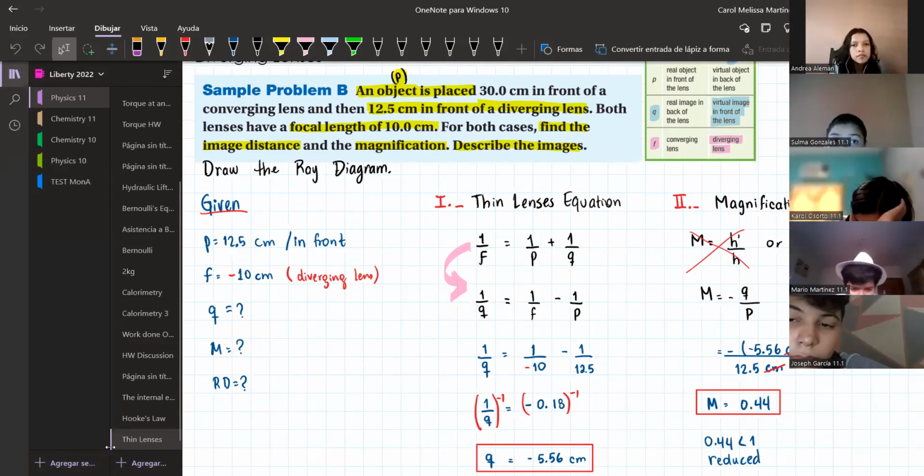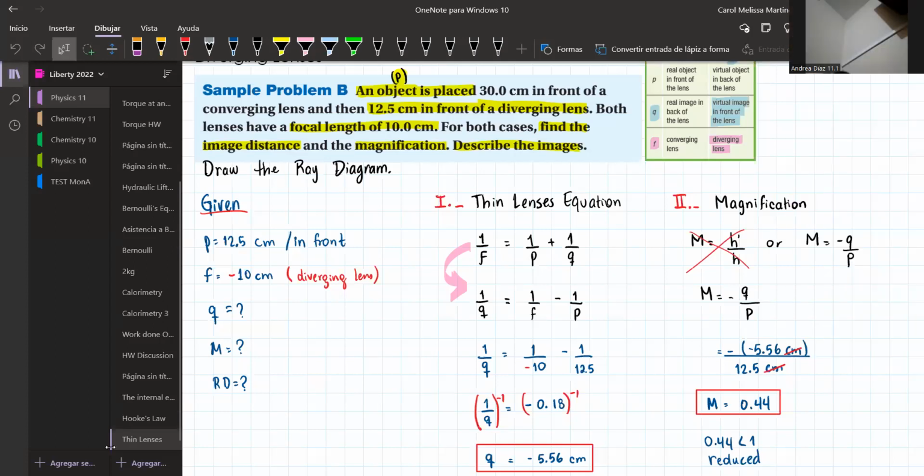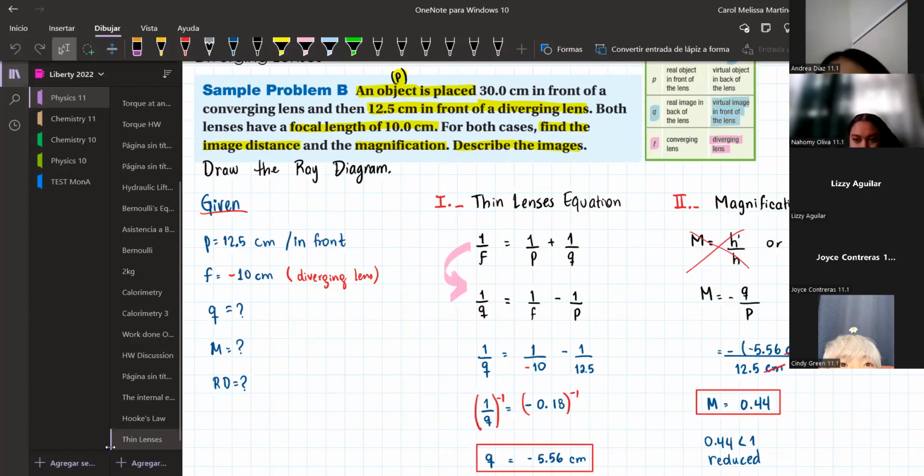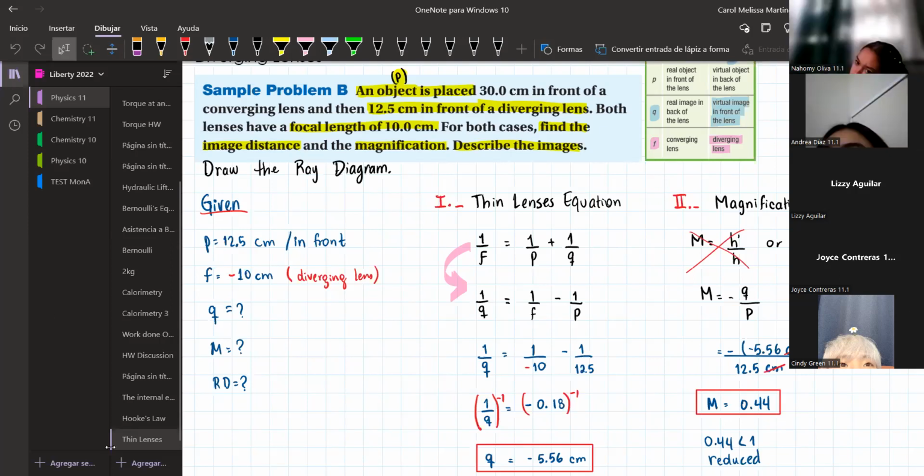I'm going to use whatever size, okay, less than the focal, so I can easily sketch the object. The object that I will use for this ray diagram is going to be an arrow because it's easier for me to sketch it. Okay, so for this ray diagram,